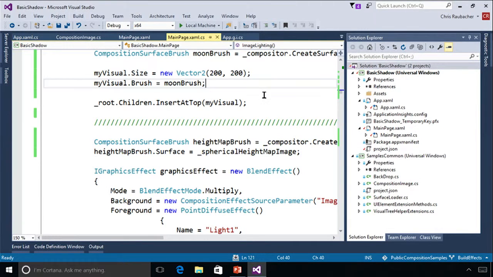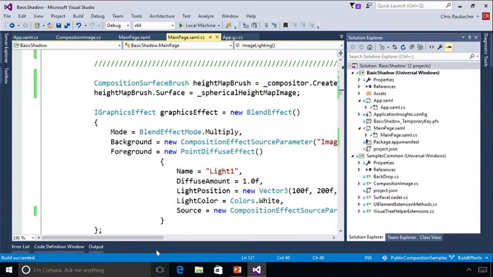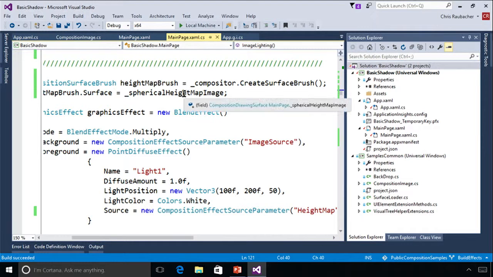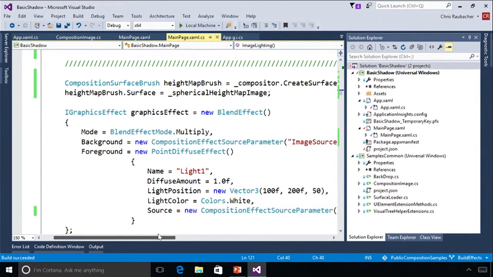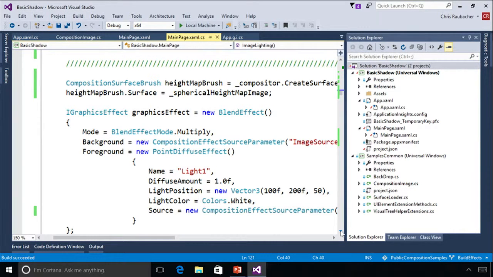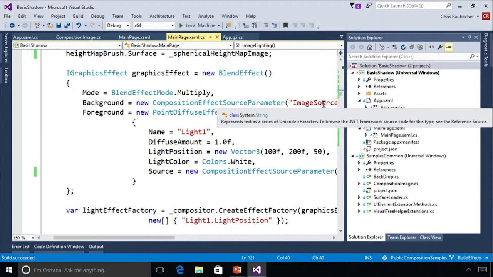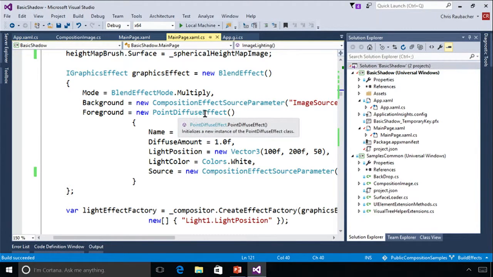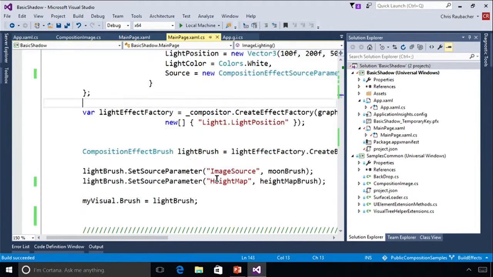So here, I'm going to create a height map brush from an image that I already have loaded. The height map describes the height per pixel of the moon and can give us some better lighting effects. I'm going to create a blend effect, which is going to multiply the source image of moon along with a point light effect. The point light specifies a single point in space that sends light out in all directions. So using that with a position that I specify here and a color of white,